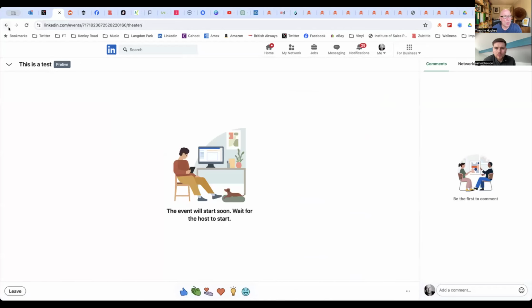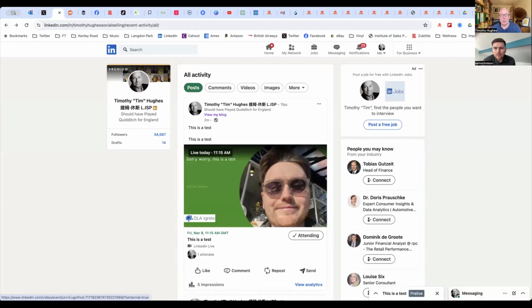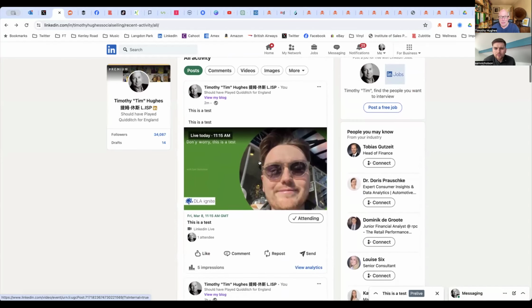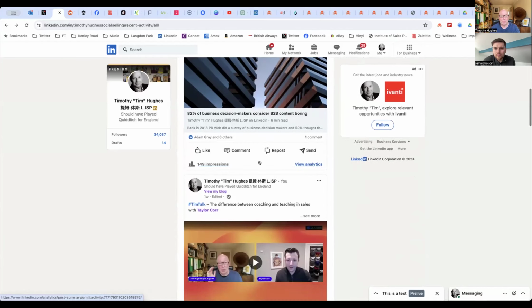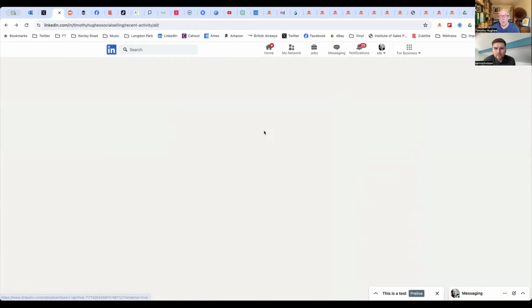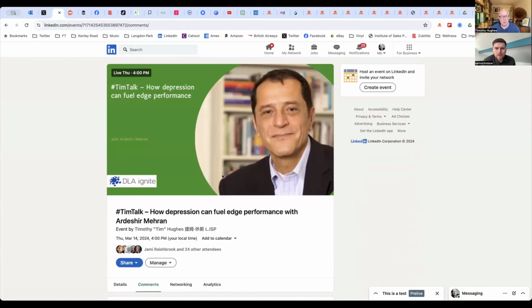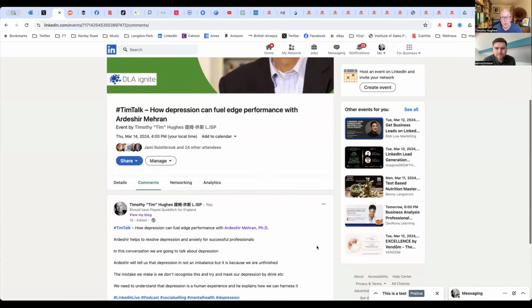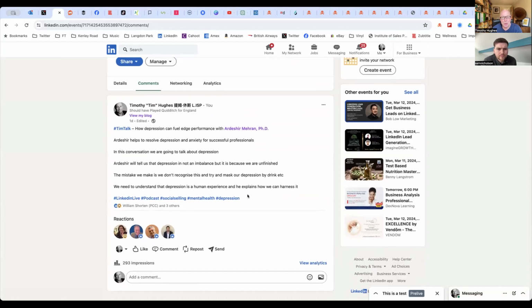But what you're able to do is that you go into the, let's use this one. You click on the event. And then what you do is you go in and edit the event. So what you do is you basically take